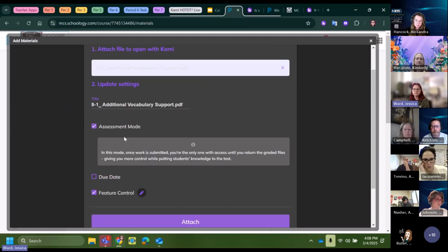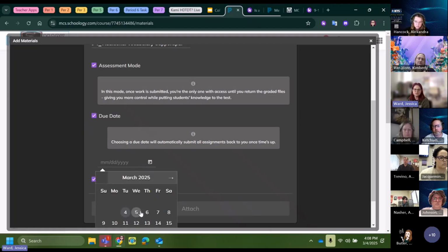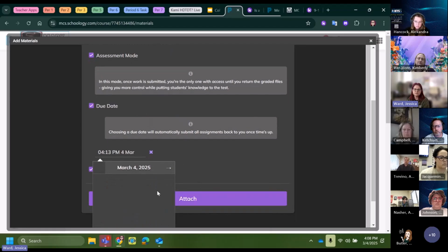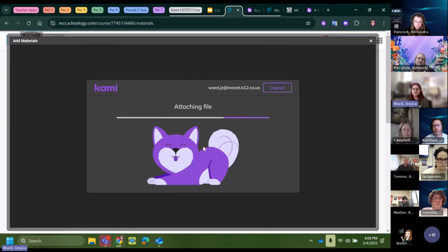And then you can turn on assessment mode. And assessment mode is amazing because it will automatically submit everybody's. So if you don't get notifications when things are turned in, it's nice to have a final date that the rest all just sent to you and you grade whatever's there. And if they didn't get it, at least they're getting something versus a 0 if you go check it on that date. So I like to, I'll just throw in something like that. Throw in a time, great. And it attaches it. What I'm going to do now,